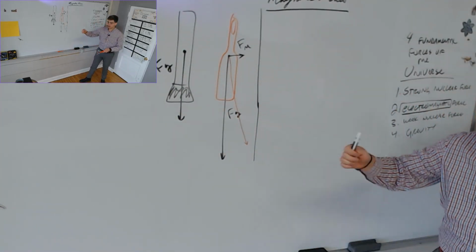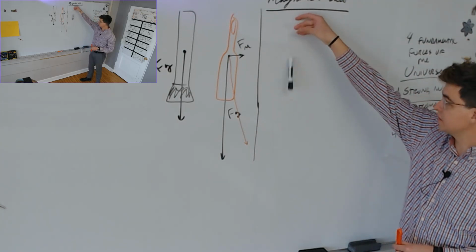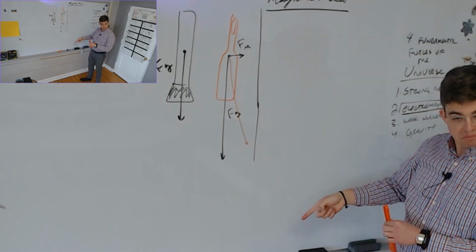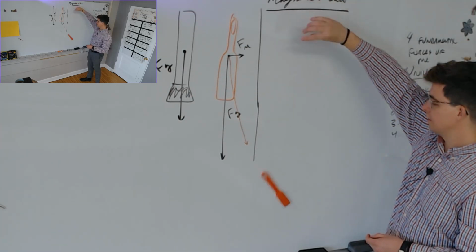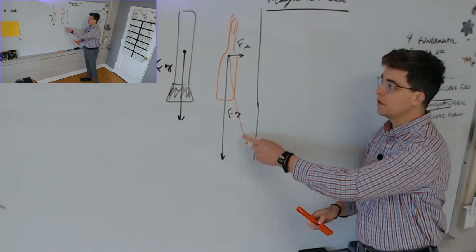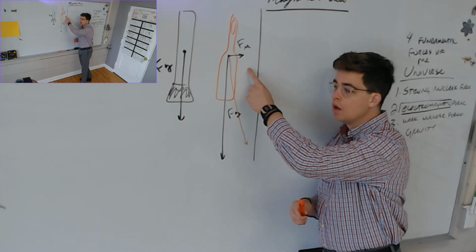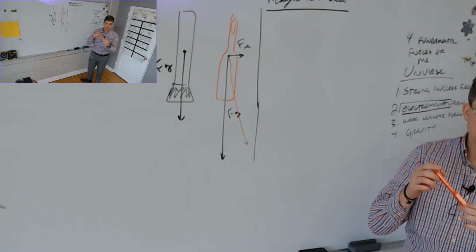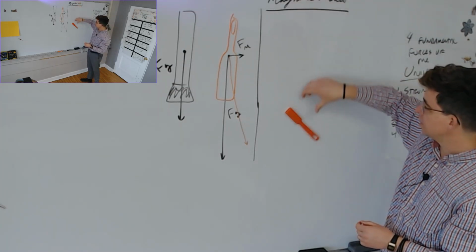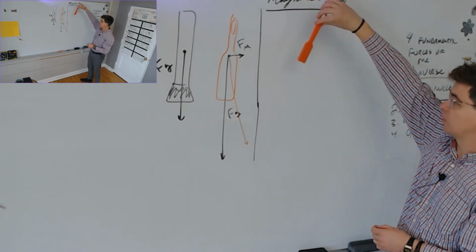Yeah, it accelerated. Whereas the marker just fell straight down, the magnet does not fall straight down. It instead falls at an angle like this. So we know there must be another force acting on it because we know that it's accelerating. Remember, any change in motion is caused by an unbalanced force. And so since this is changing its motion, it must have an unbalanced force, and that force is provided by